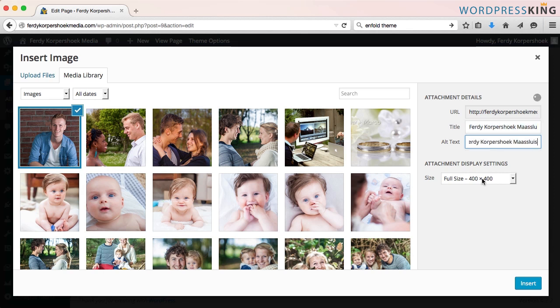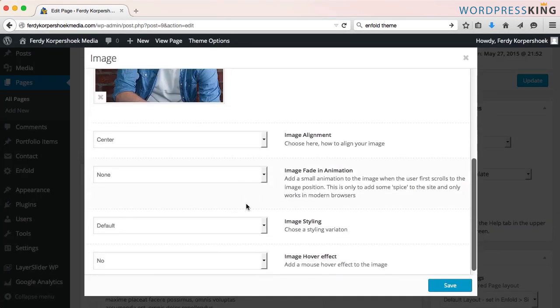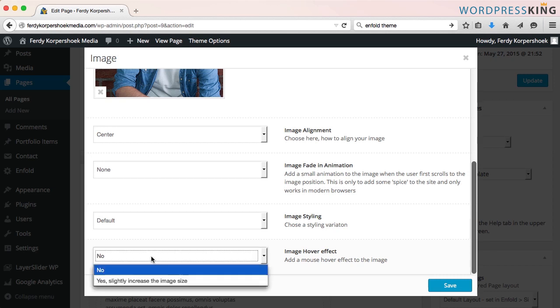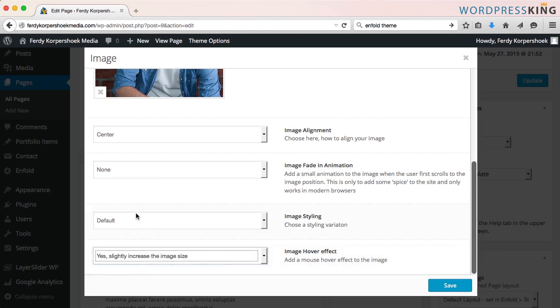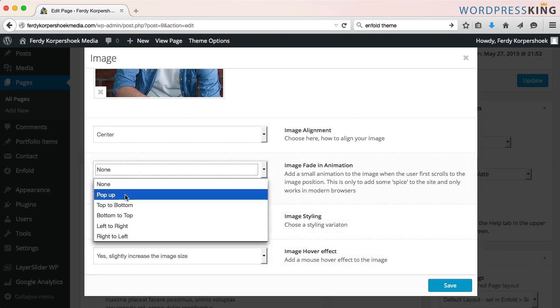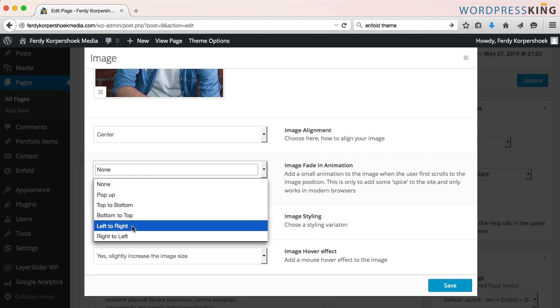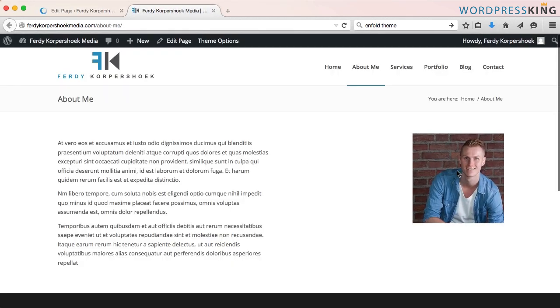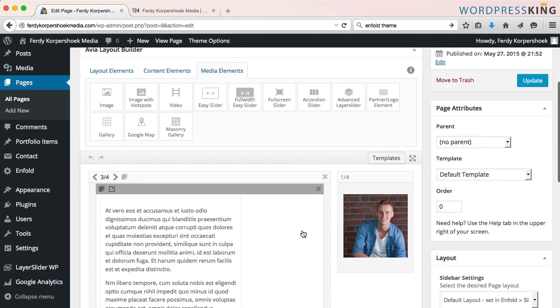Copy, paste. Full size, insert. And if people hover over the image, I want it to slightly increase the image, and I want it to have an animation from right to left. I save it, I update it, I view the page, and this one is a little bit small, I guess. So I go to Edit Page,